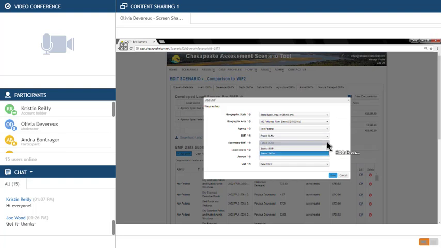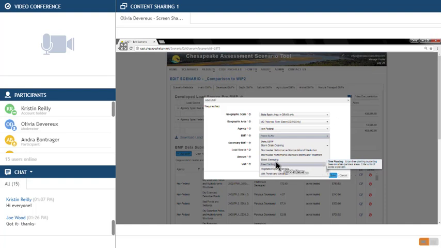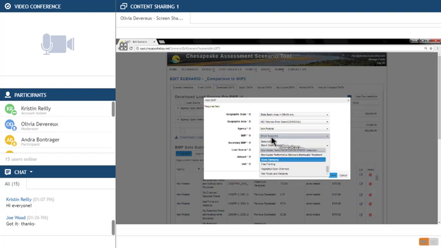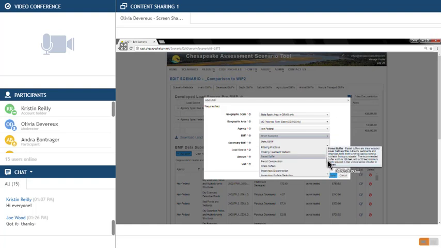Under some of these BMPs, there are secondary BMPs. This one doesn't have any secondary, but if I had picked street sweeping, let's see if I can find street sweeping. Here's street sweeping. Then for the secondary BMP, you can see there are a lot of different options here. There's the mechanical broom, once a week, once a month, every week, or twice a week, or we have the advanced street sweeping technology. So there are a lot of different options under secondary BMPs. And you'll see that on all of these. You'll see a primary one and a secondary one. I'm going to go back to the forest buffers